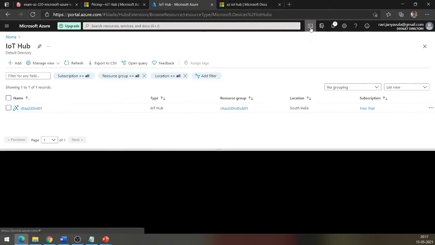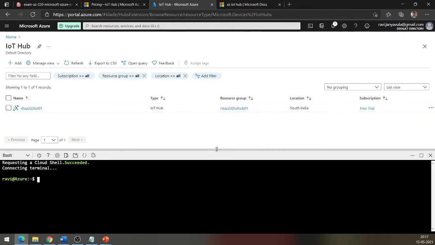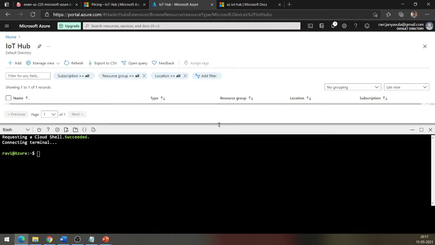If you click on this icon here, you'll get a window which opens the Cloud Shell. If you are using this for the first time, you'll get an option to select whether you want to use Bash or PowerShell. Please select Bash. It will also ask you to create a storage account, so click on the create button to create a storage account.